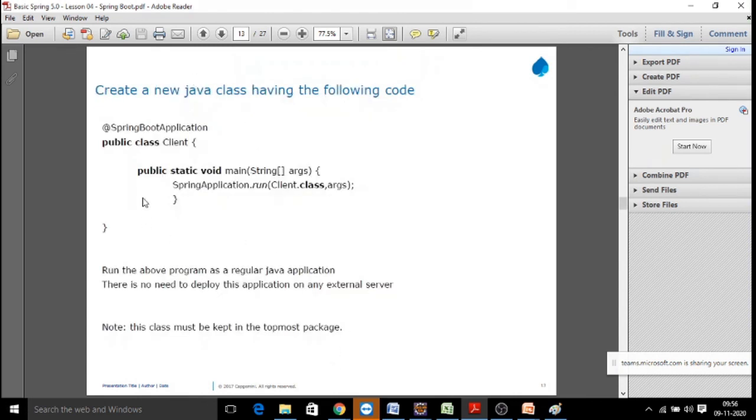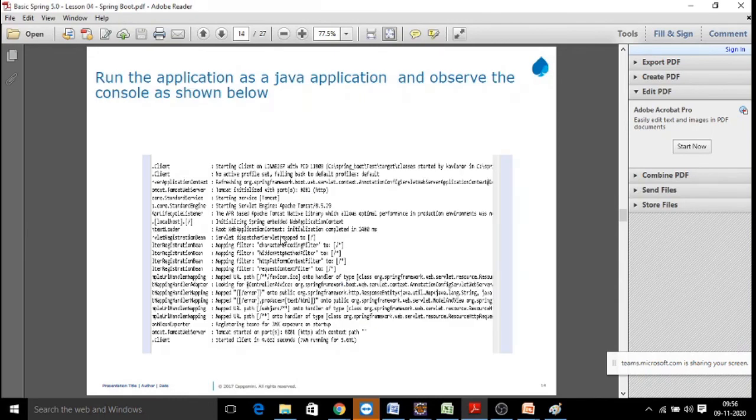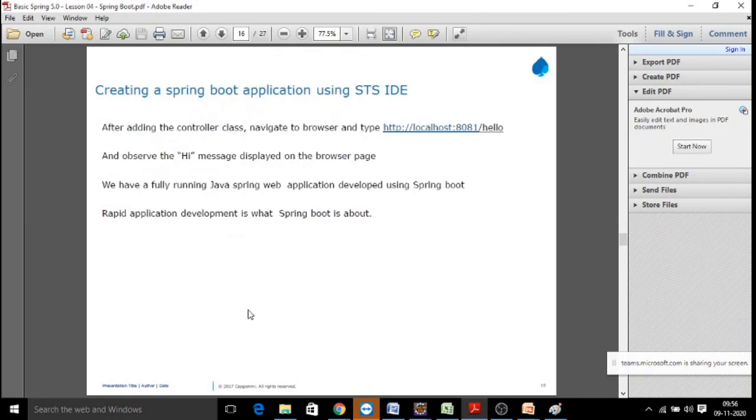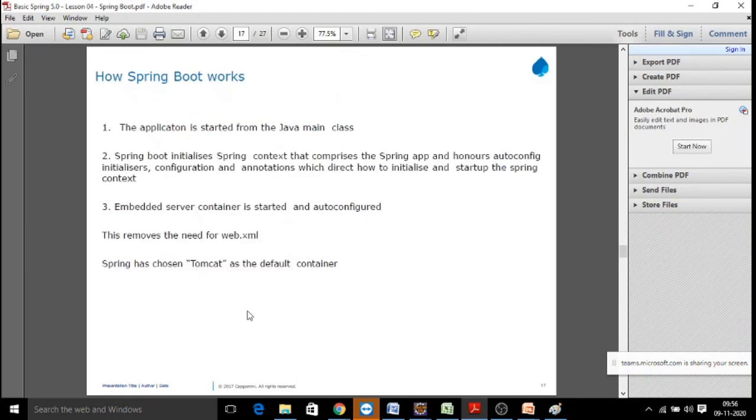And this is the application class, which is used mainly to start your Spring Boot application. Whenever you start it, you can look into your console, and once it has started, you can open that port number and test it. Then we look at what exactly a controller file is, and how we write a controller class with a request mapping URL, and then we can check the response. So this is how we are working with Spring Boot.